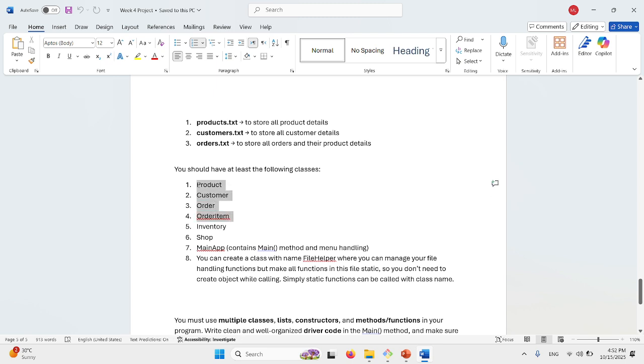The first and most important thing is you need to identify the models. You have to draw the CRC for this. You have to identify the relations between them. For product, we have a list of products. We have a list of customers. For order, we have different items in the order. We will maintain that data in the order. Now this is your decision again. You can maintain the orders data by customer, or you can maintain the orders data individually, and in each order you can keep the customer's data.